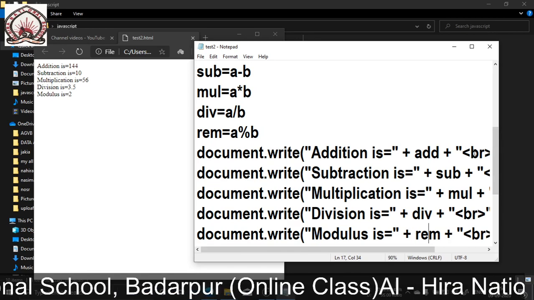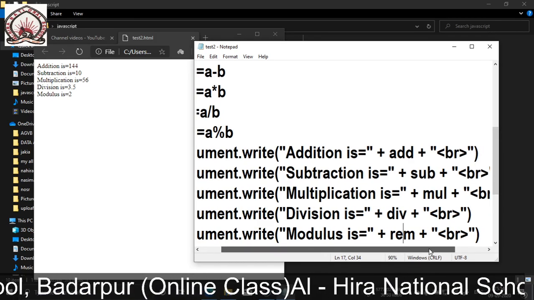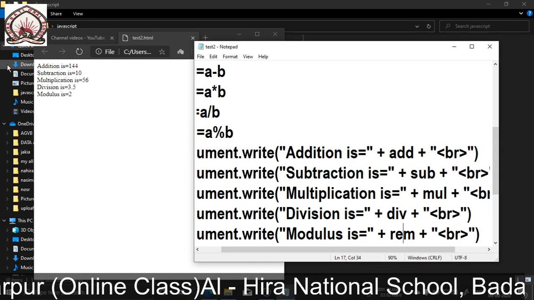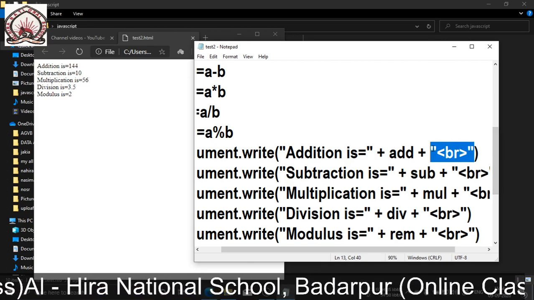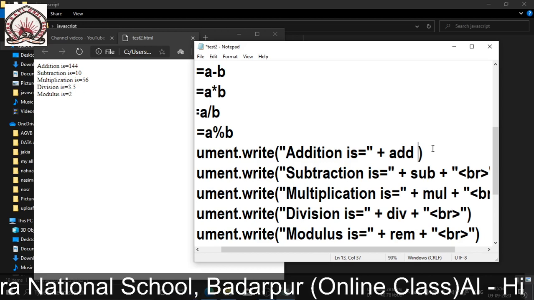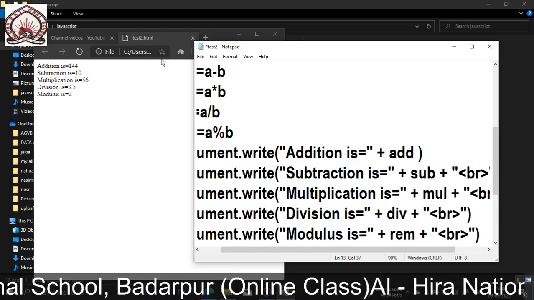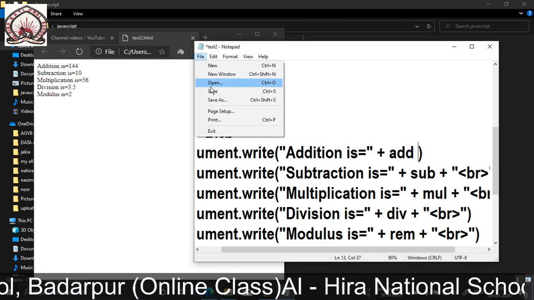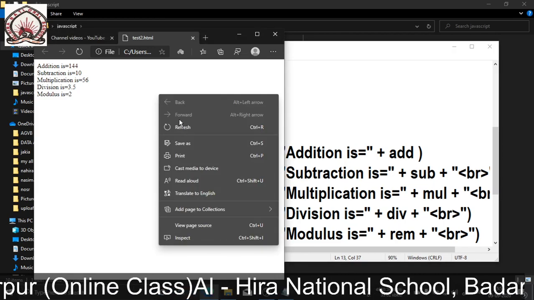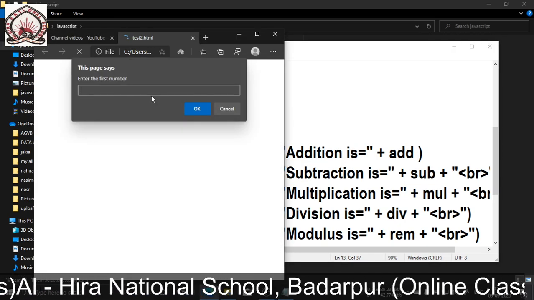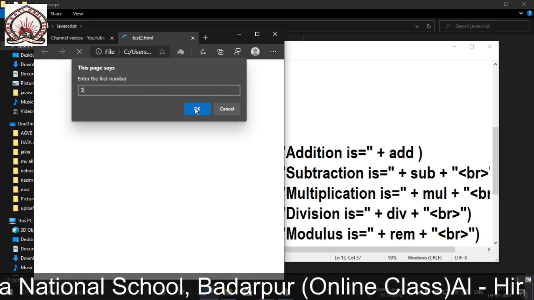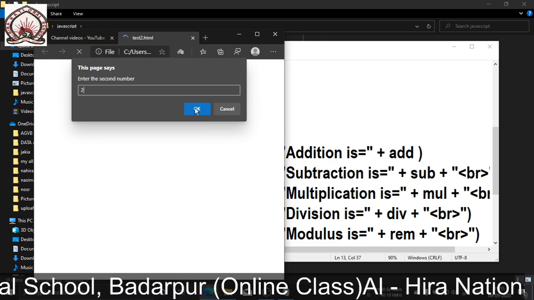And I have given a BR statement so that each result comes on a new line. Let me show you what happens if I remove this BR. Let me save it. It will come in one line. Let me give first number 3, second number 2.